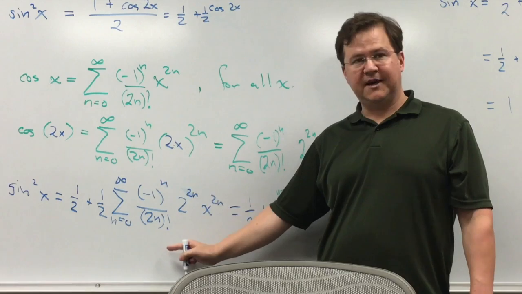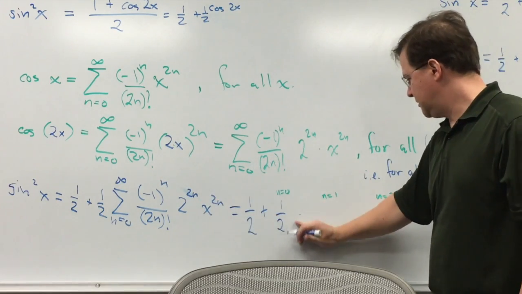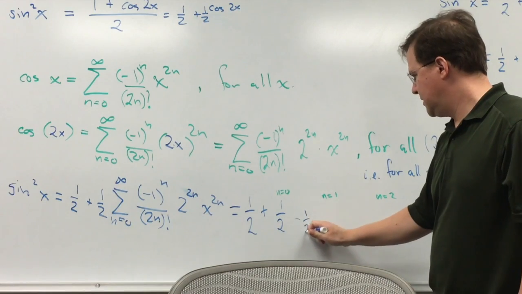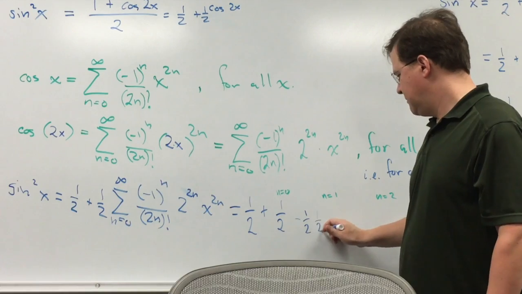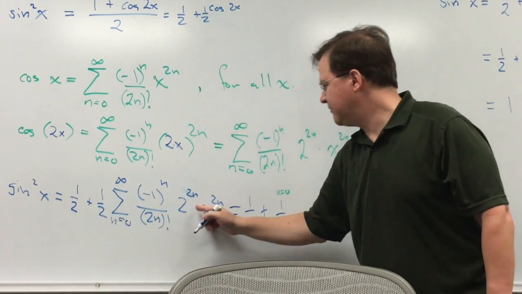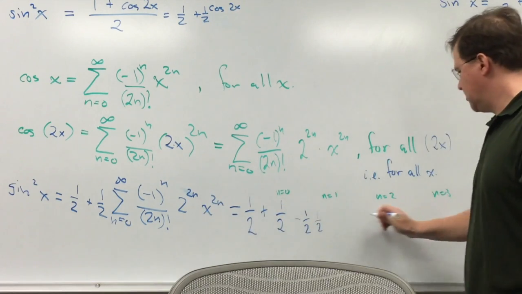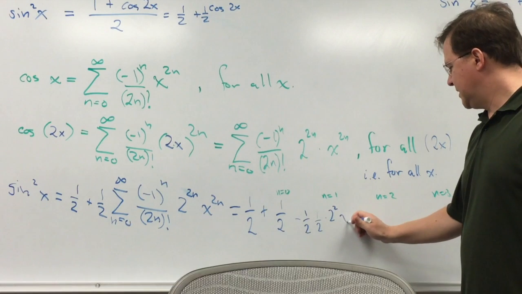So negative 1/2 times, actually, it's 1/2 of 1/2, right? But if n equals 1, that's going to be 2 squared. That's 4 times x squared